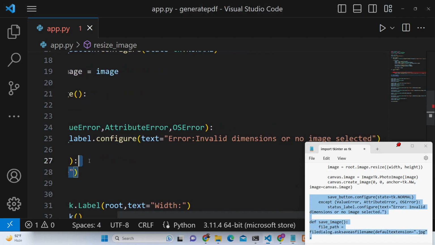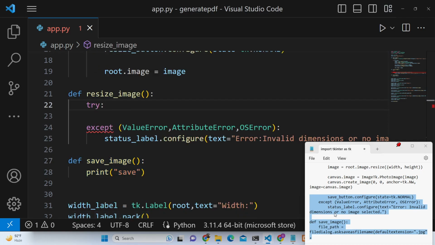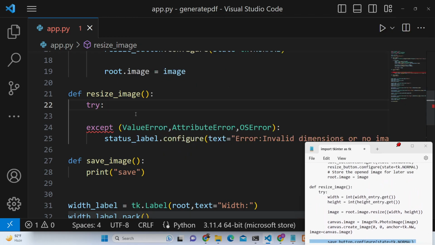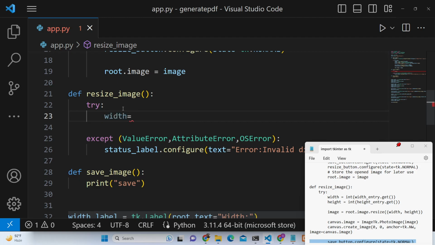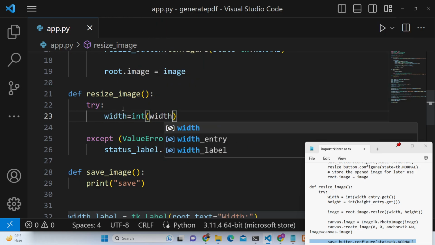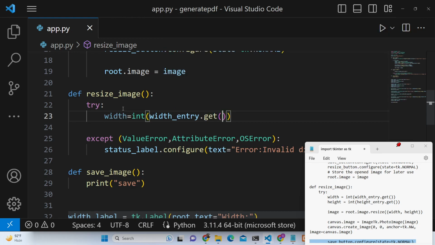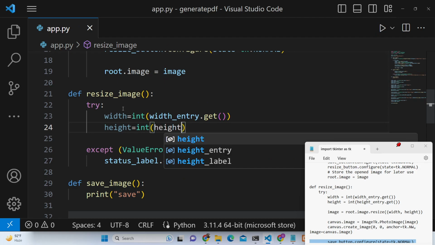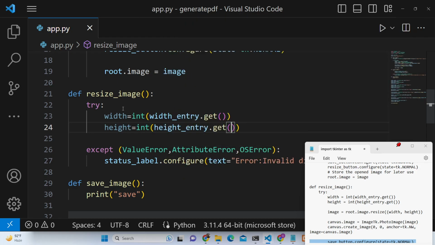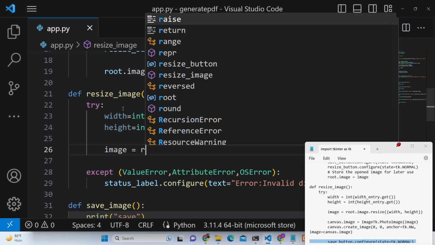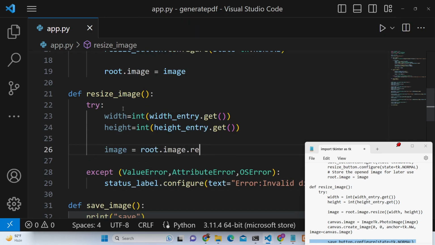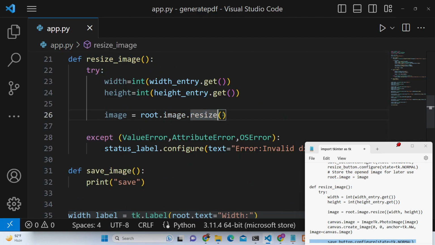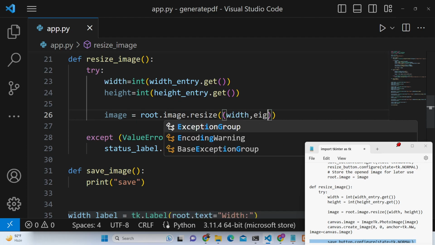After this, guys, we need to write something here. First of all we will get the width which the user has provided. We will convert this into an integer, width entry dot get. Also we will get the height, typecast to integer like this, height entry dot get, and then we will simply say root.image.resize. This is the actual method used in the Pillow library which we imported. This is the resize method. We will provide the width and the height,